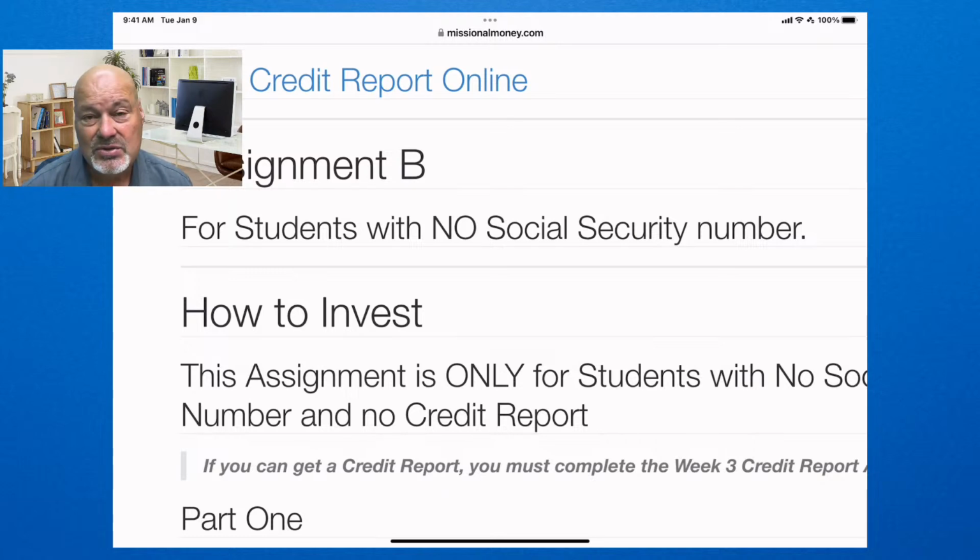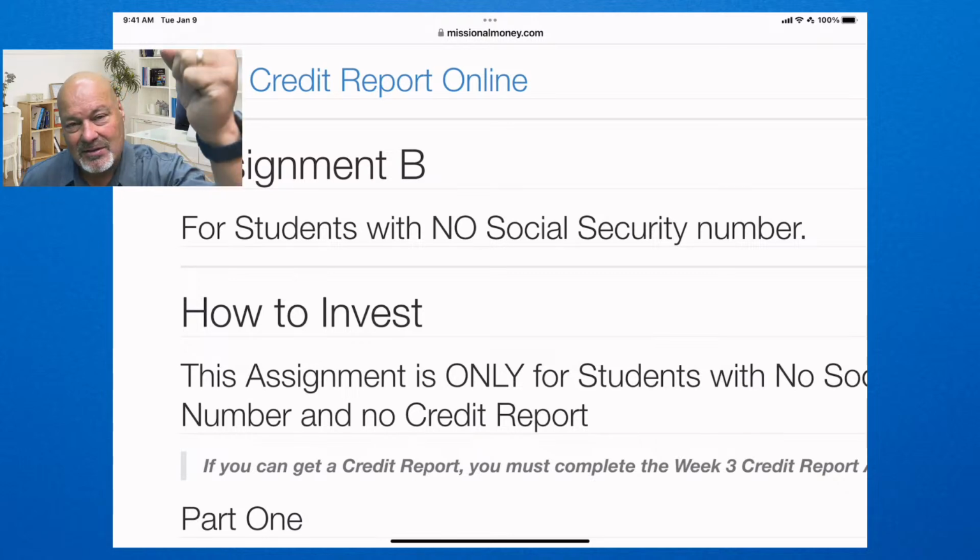But for those students who don't have a Social Security number, if you're international, you won't be able to get a credit report. Now that's different than you saying, I don't have any credit. I don't owe anybody any money. That's a little different. Your credit report, if you have a Social Security number, is still something you should try to get. So give it a try, even if you don't have any creditors. That's great. Just tell me I don't have any creditors, and then you can celebrate.